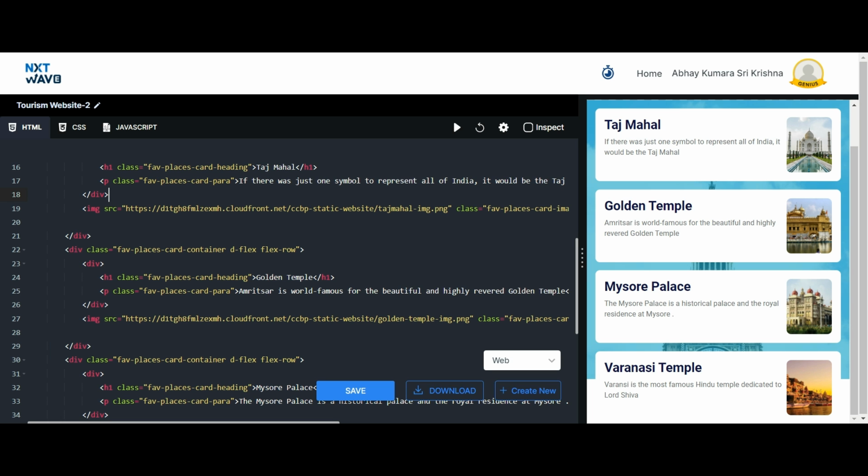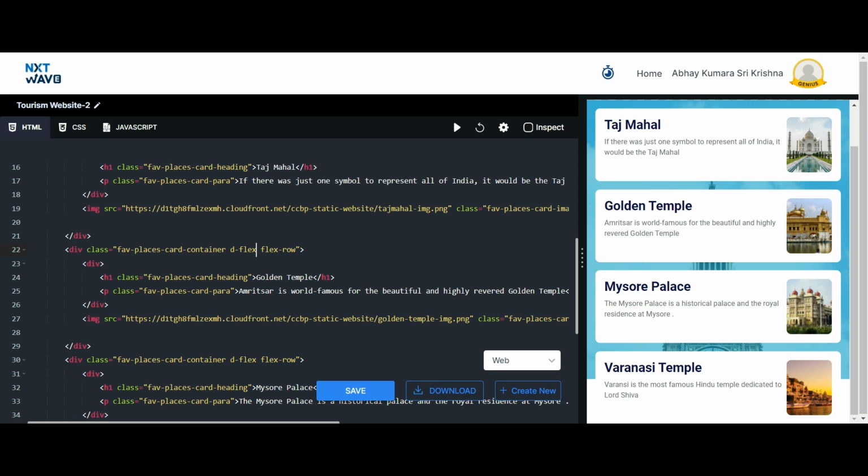So to align any elements in HTML, we need to make sure those elements are present in the flexbox container. Now this flexbox container, we can define by using the class name d-flex.